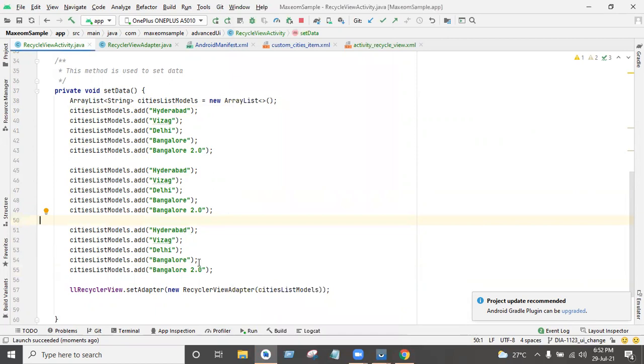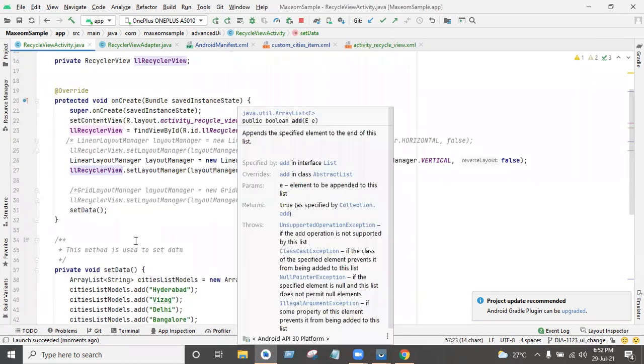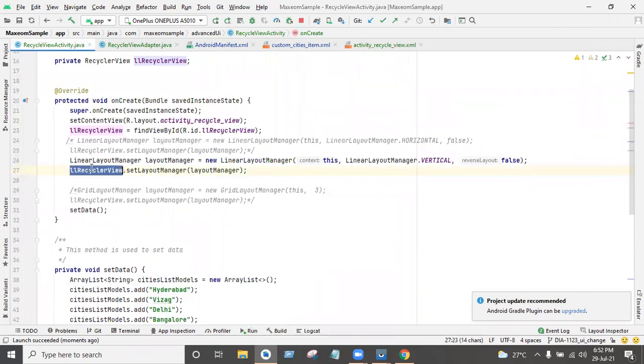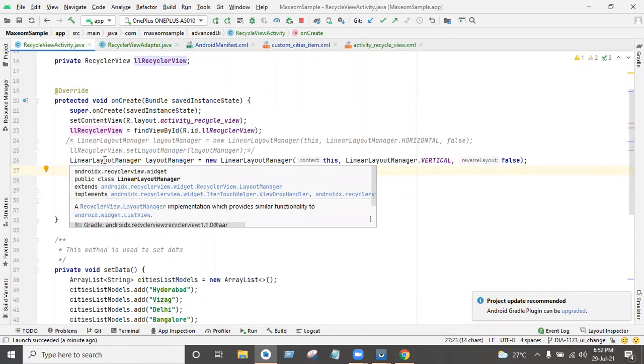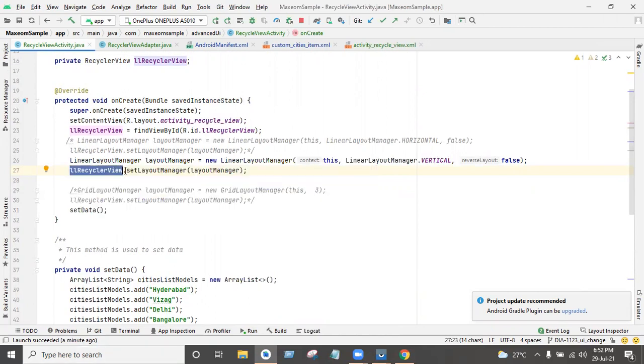Now, one more thing here: for the recycler view, we must use a layout manager. Simply, for the recycler view, we have 3 layout managers. One is linear layout manager, another one is grid layout manager, and the last one is staggered grid layout manager.